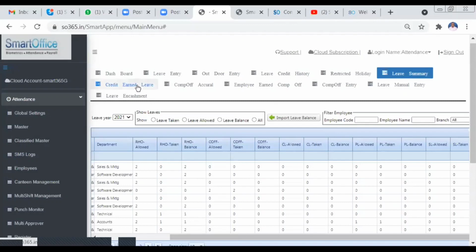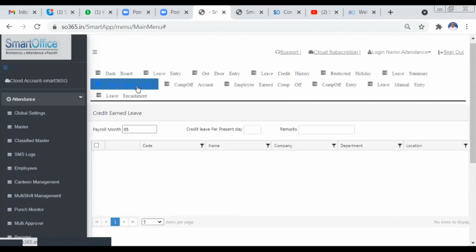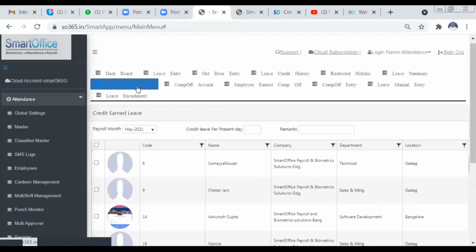And you have credit earned leave. In the leave types, we do have a particular option called credit earned leave. Earned leave is again a different concept, so we are going to explain it in brief in the leave management option.